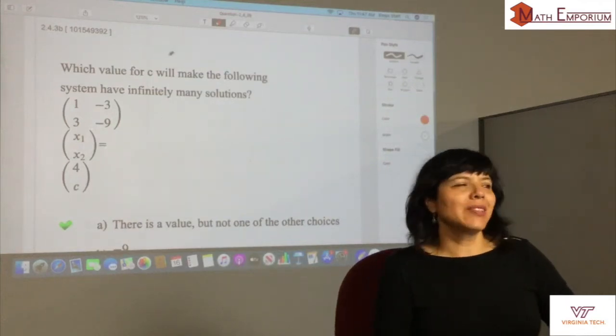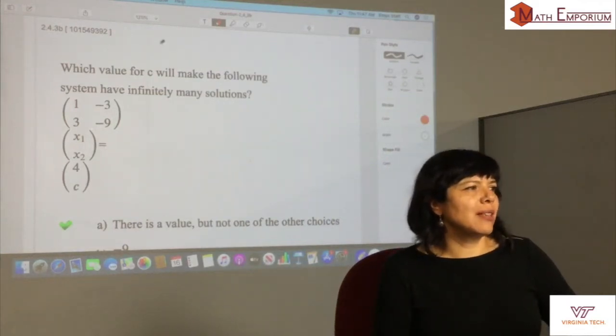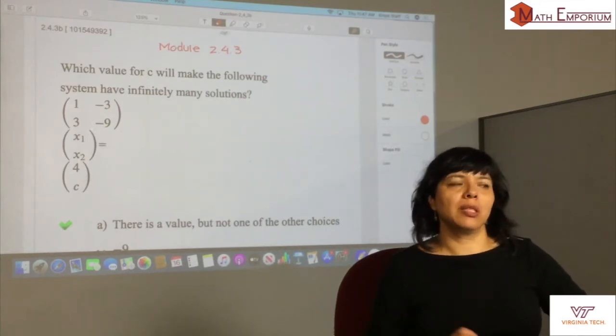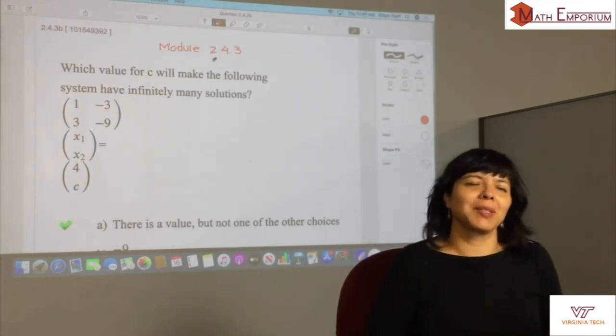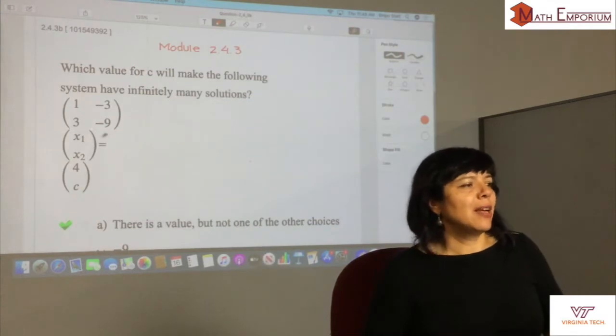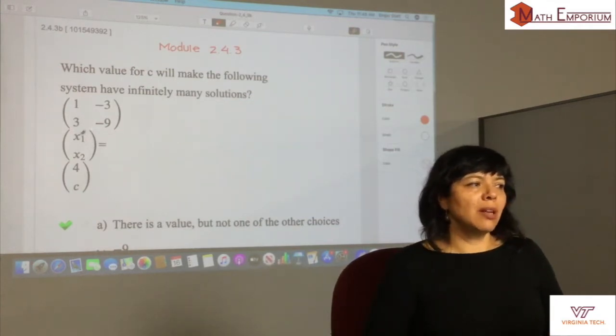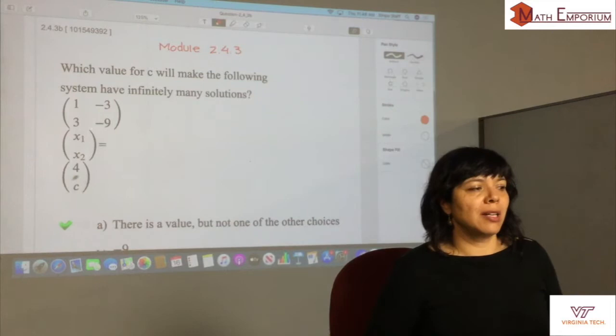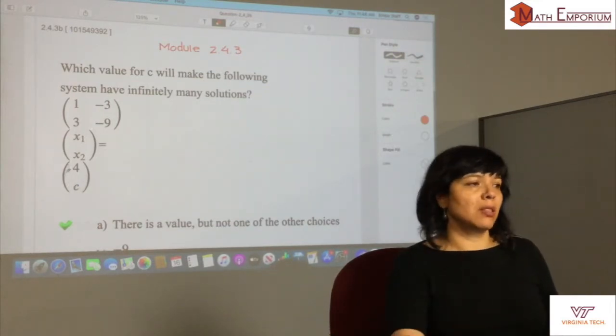Hello, we are going to work on this problem that corresponds to module 2.4.3. So if you want to review this material, please go to this module in our textbook. This problem gives you a system of equations already written as a product of matrices, and it's asking you for the value of this entry, the value of C, such that this system of equations